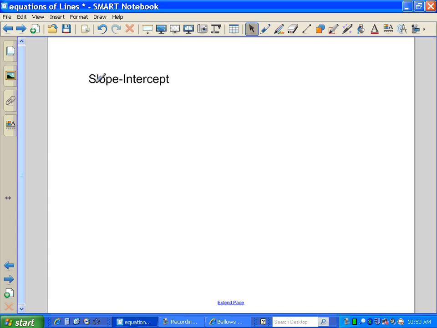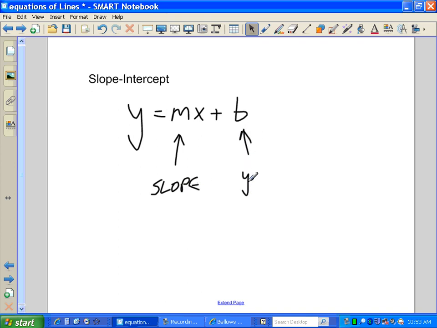So when we're talking about equations of lines, the one that you are probably most familiar with is the slope-intercept form of an equation, which is our good friend y equals mx plus b. And the reason we call it the slope-intercept form, of course, is because that is the slope, and that represents the y-intercept. So if we have an equation in slope-intercept form, we can graph it pretty rapidly because, if